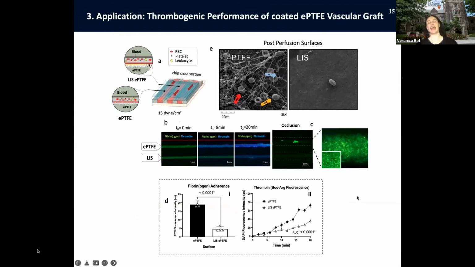This was an excerpt of my thesis. So it really demonstrates here that we have our distinct coded conditions in parallel. We assayed the thrombogenic performance in parallel in real time over a series of time points. And the two markers here are fluorescing in distinct colors. The green color indicates fluorescent fibrinogen. Of course, fibrinogen is cleaved to form fibrin, and this is the backbone of the blood clot. And blue is indicative of thrombin activity. So this is a fluorogenic thrombin substrate called Boc-Arg AMC.